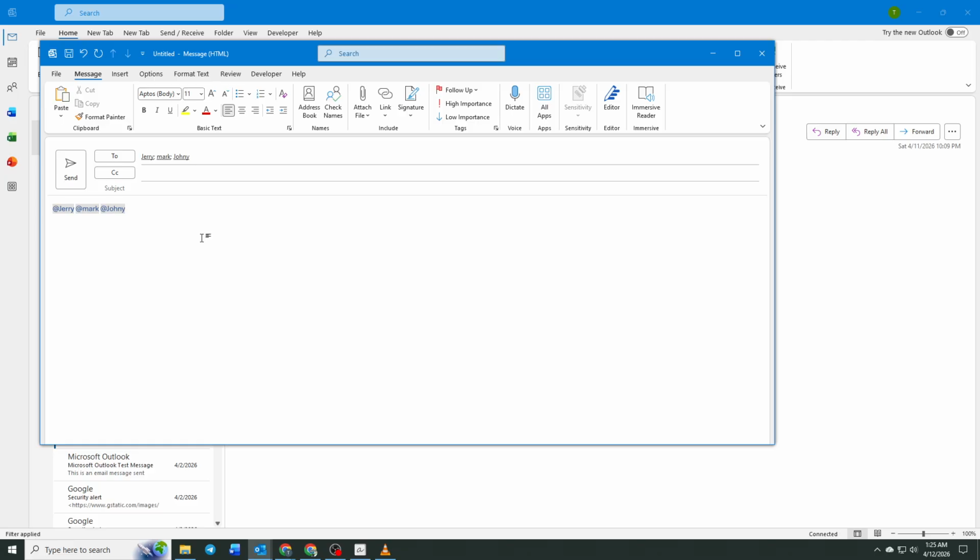Once you've finished writing your email and adding your mentions, review your message to ensure everything is clear. Then simply click the Send button to deliver your email. And that's it. You now know how to use @mentions in Microsoft Outlook to quickly grab someone's attention and improve